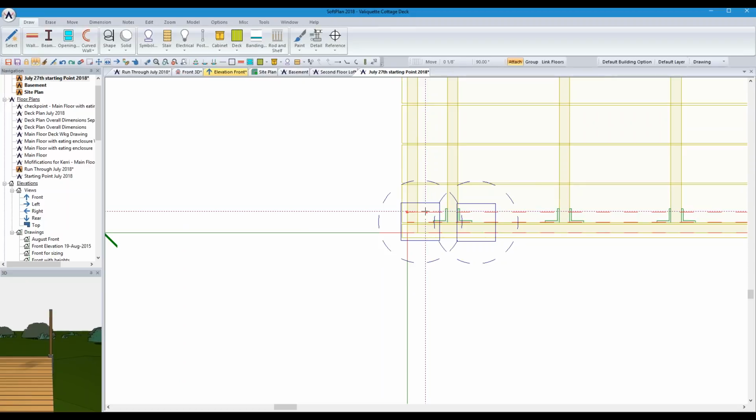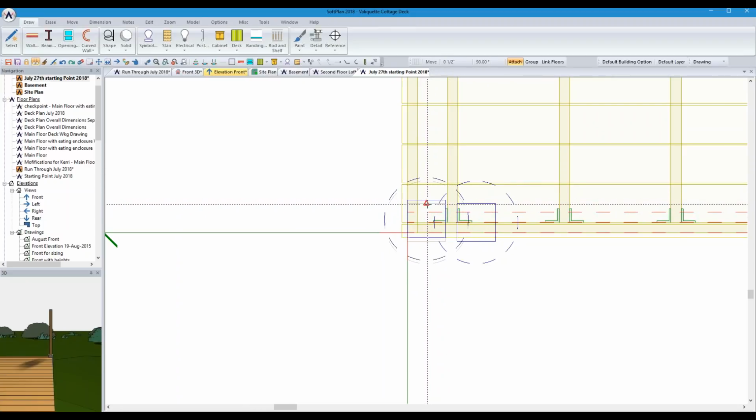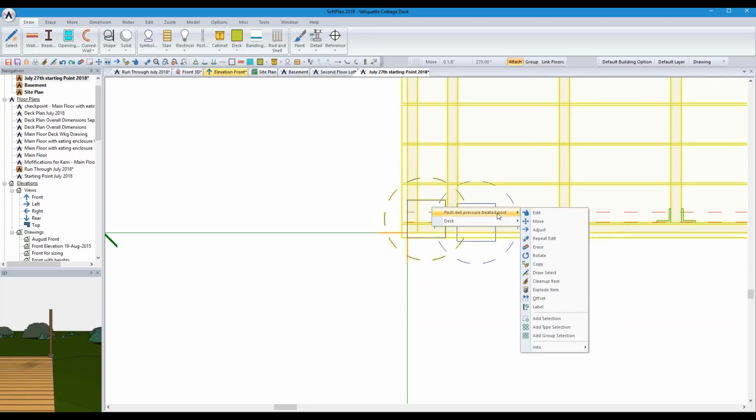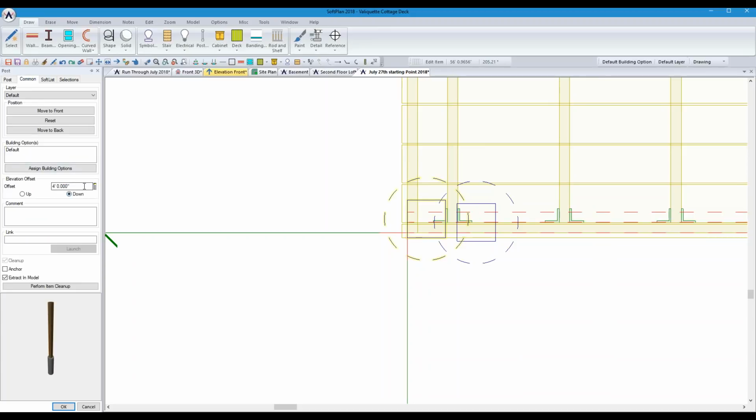So I'm going to move it to there, and I'm going to move it to there. Sorry, it's jumping on me because I'm allowing it to find items I don't want it to find. There we go. And I'm going to edit that post, and its offset,